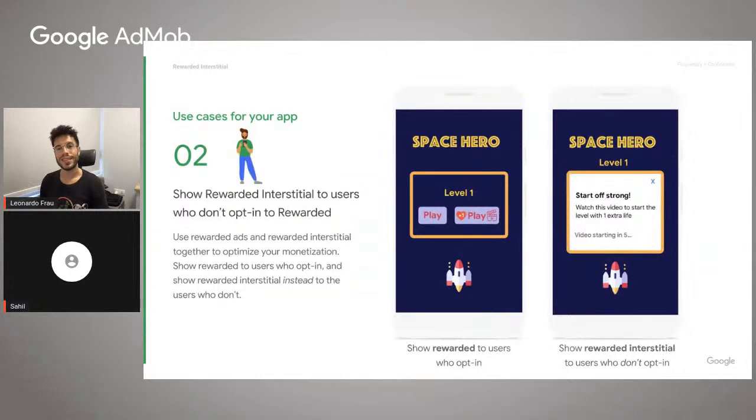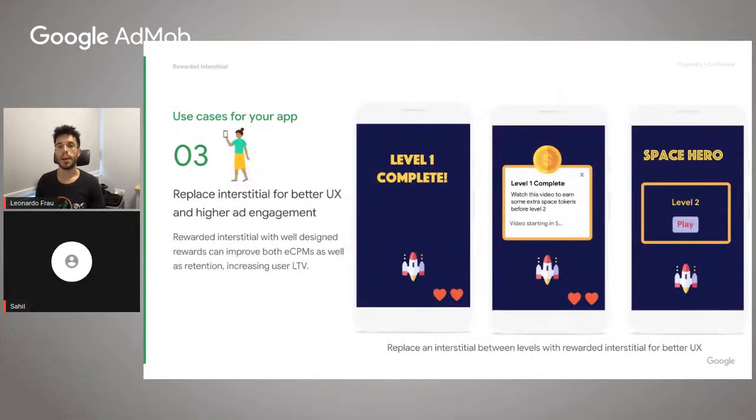Second tip, show rewarded interstitial to users who don't opt in to rewarded. As you can see from this slide, use rewarded ads and rewarded interstitial together to optimize your monetization. Show rewarded to users who opt in, and show rewarded interstitial instead to the users who don't. Finally, place interstitial between game levels for better UX and higher ad engagement. Rewarded interstitial with well-designed rewards can improve both eCPMs as well as retention, increasing the user